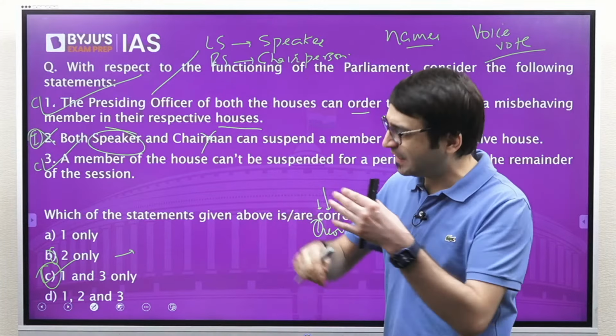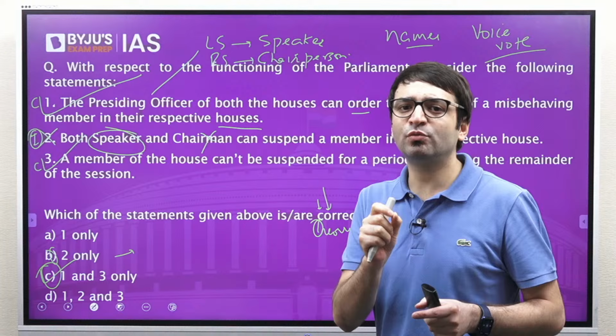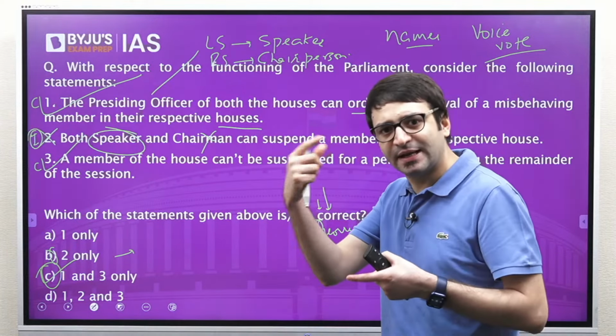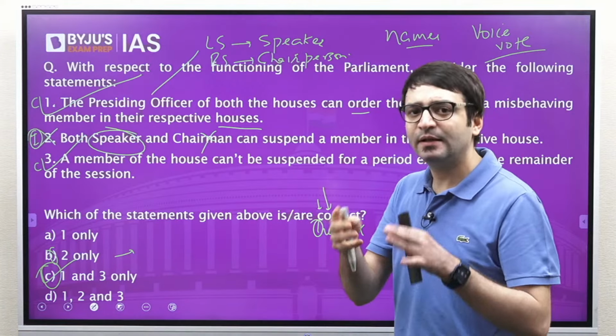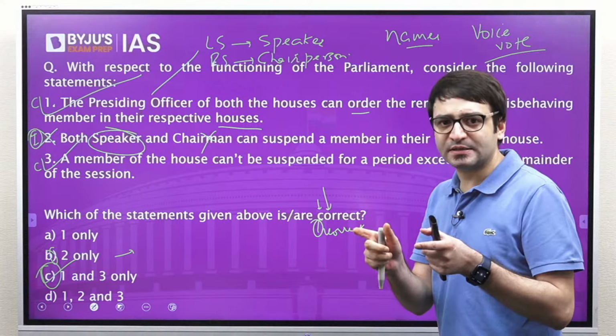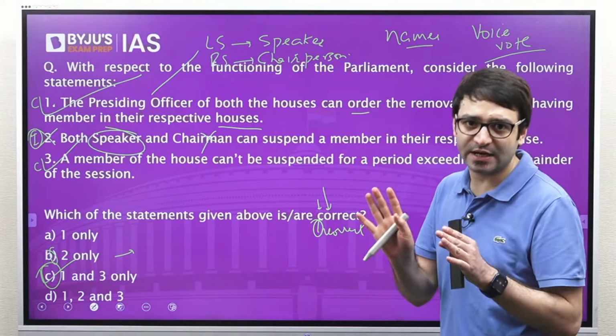This way, if there are multiple statements given in your question, always do one thing: write I for incorrect, C for correct. At the same time, do thing number 2: check what the question is asking. Is the question asking for you to pick the correct statements or the incorrect statements? Third,